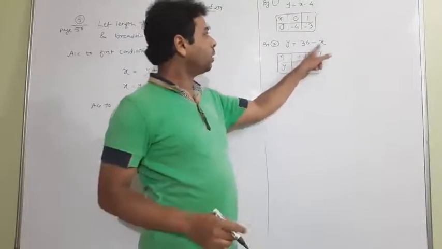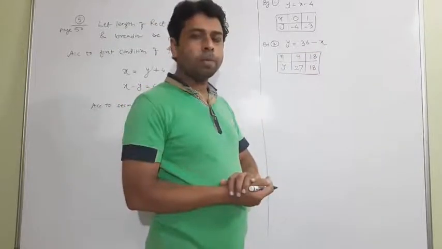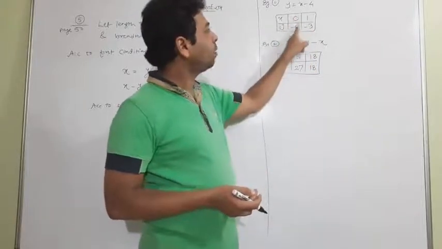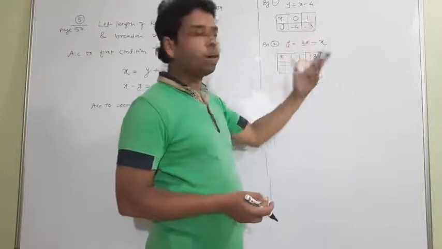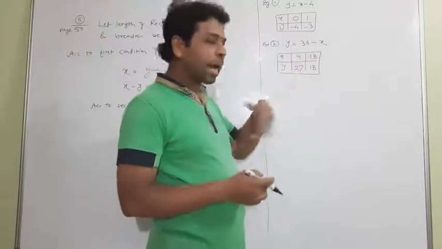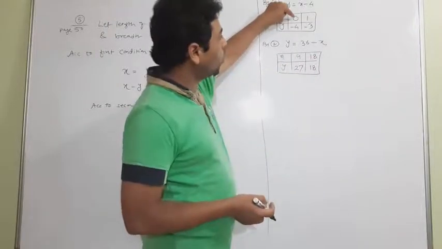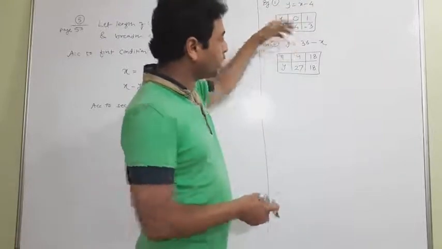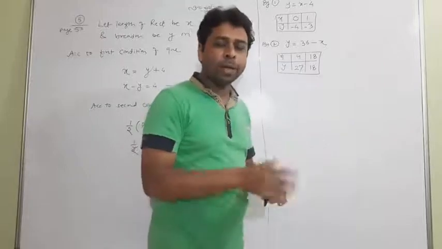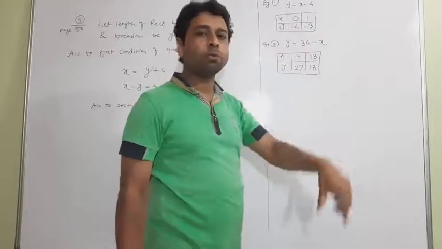Look at x is equal to 9, y is equal to 27, x is equal to 18, y is equal to 18. Now, here it is being a bit tough with 0, 1, minus 4. Why are you changing that? When we have 9 and 18, where x attains a larger value, we should also treat this box accordingly, because when we plot the point 9, 18 on the graph paper, we have to take a big unit, and under the big units, the small values 0 and 1 will be tough to plot.